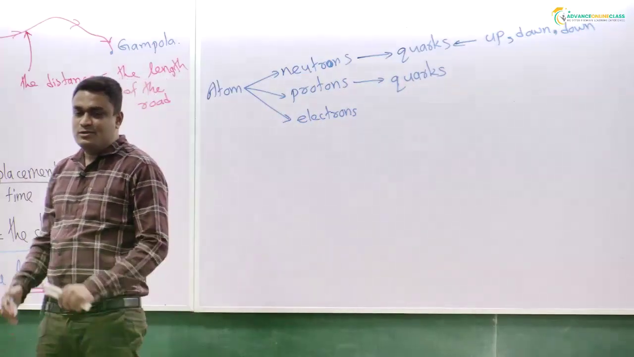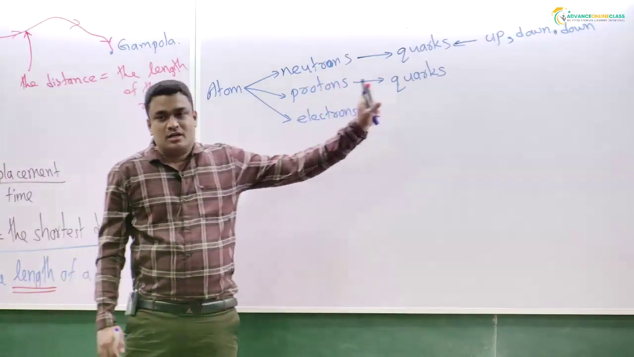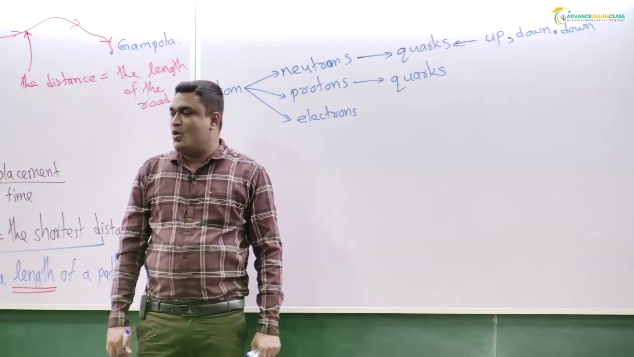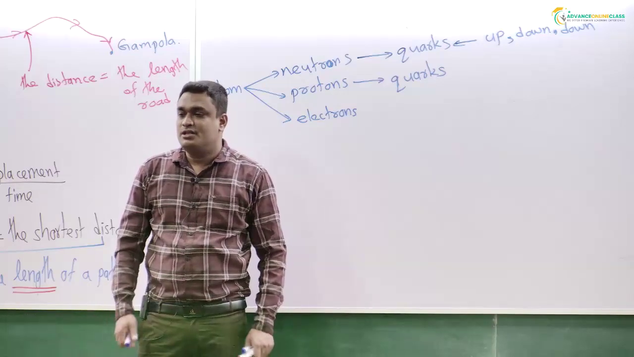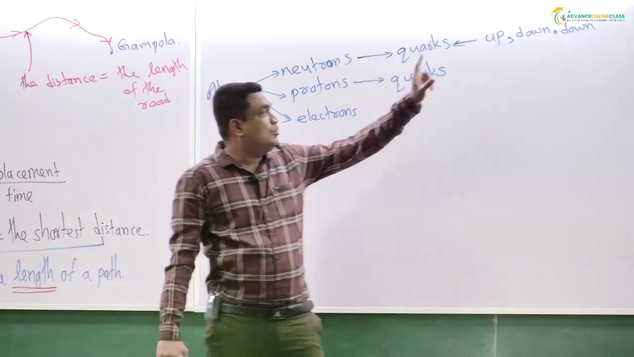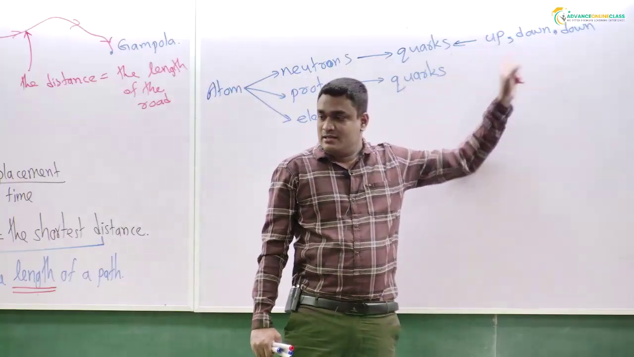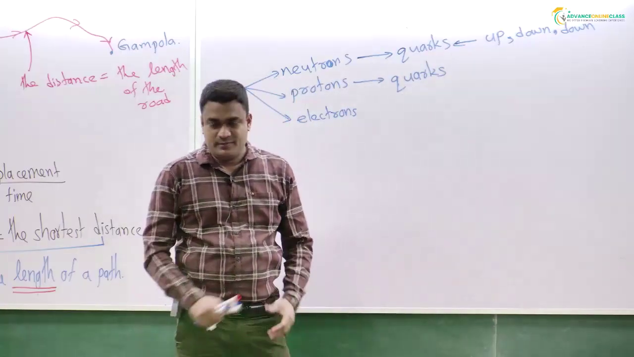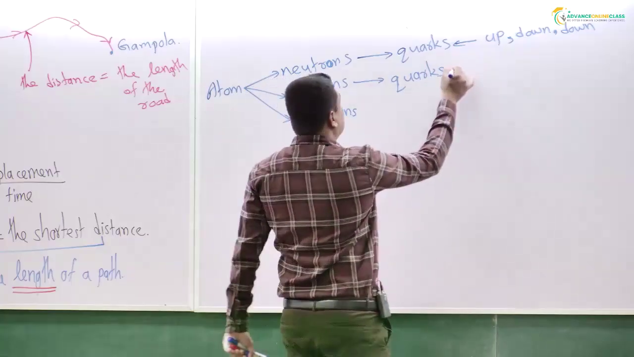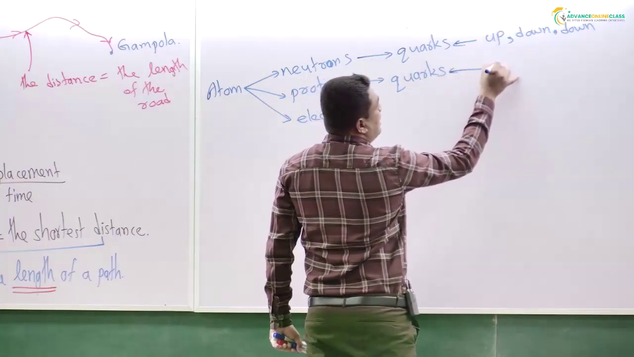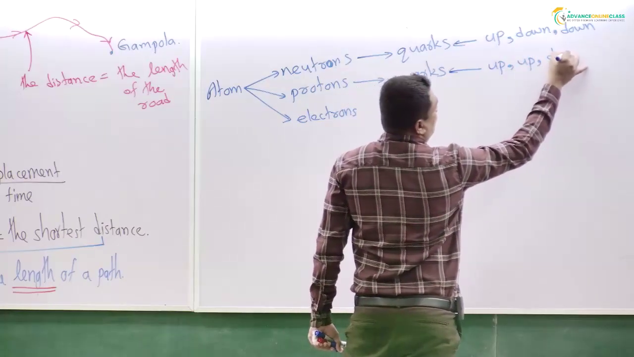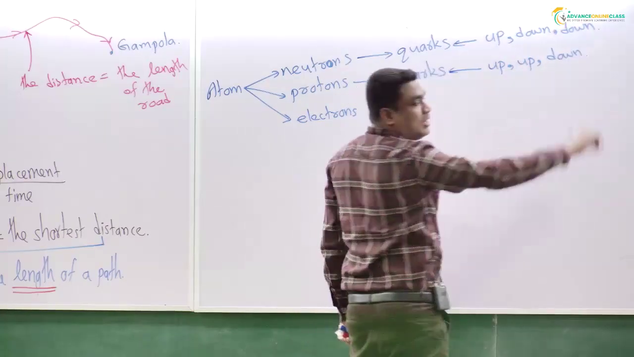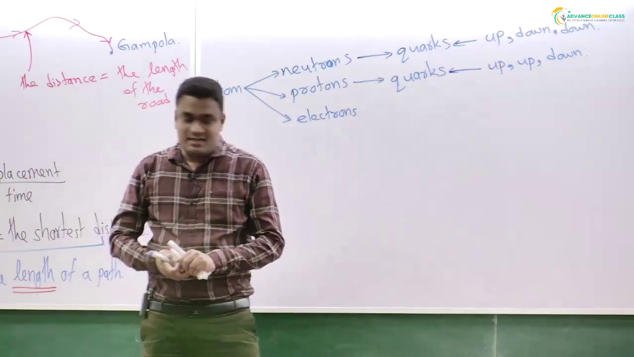In A-level MCQs, it is asked: what is the quark combination of a neutron? What is the quark combination of neutrons? Two down quarks and one up quark. What about a proton? If you consider a proton, there are two up quarks and one down quark. So the examiner can ask,